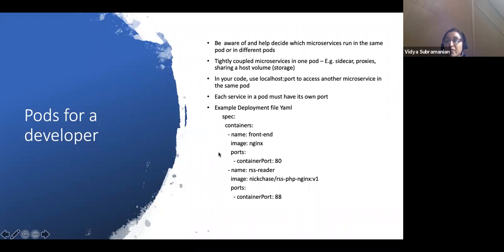You are specifying that each of these in the pod has its own ports, so that using this specification, you can say the specific port number per microservice and still set it all up in the same pod.